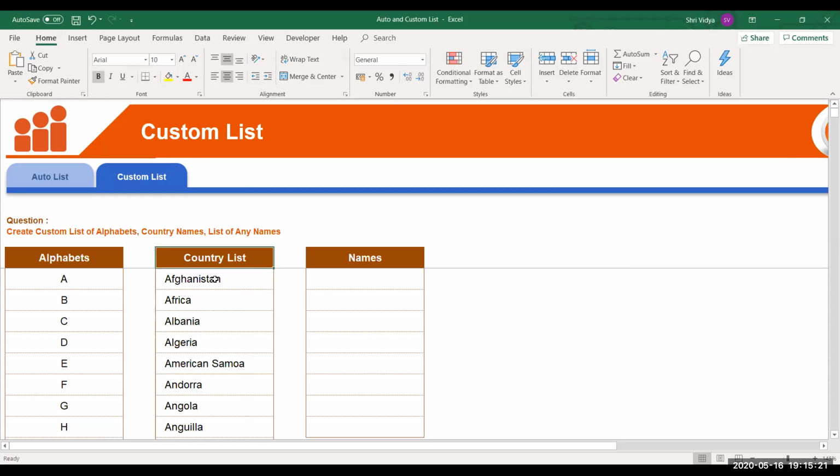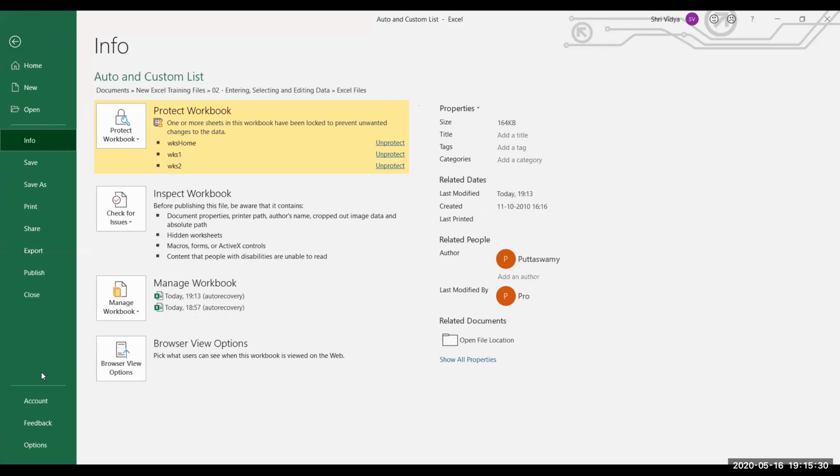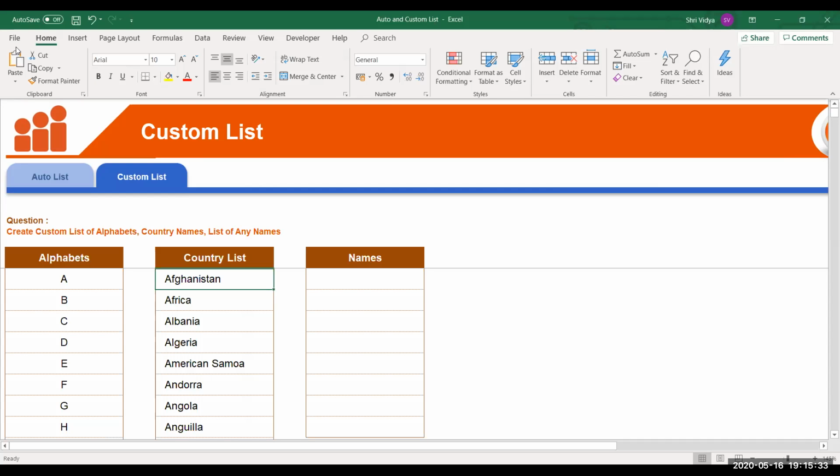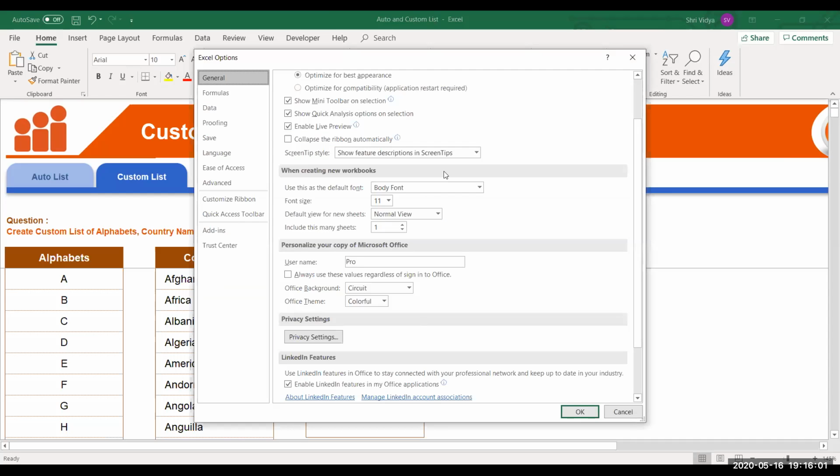Now let me show you how to create this countries list as well. I should show you something interesting here. See, I showed you how to go to the File tab, take Options, then go to Advanced and those things. Now let me give you a shortcut to open this Excel Options window that we saw previously. So the shortcut is Alt T O. You need to press one button at a time. Okay, it is Alt T and then O. So let me press that. Alt T O. I get this window.